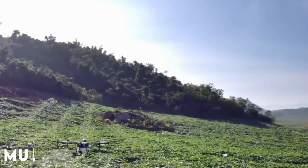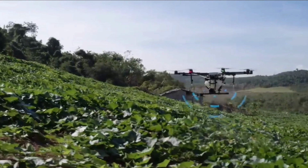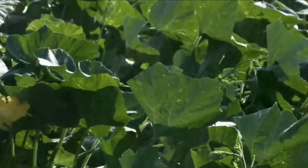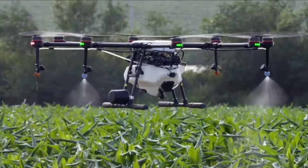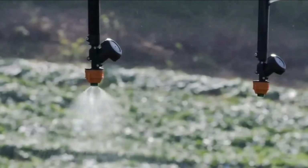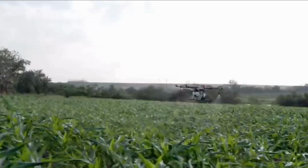Drones equipped with multispectral imaging cameras can survey entire fields in minutes, gathering massive amounts of visual data from the air. This data feeds into farm management software platforms to build variability maps, monitor crop stress and health, and track growth patterns. The insights allow for very precise real-time adjustments of irrigation, fertilizer, or treatments to optimize soil health and crop